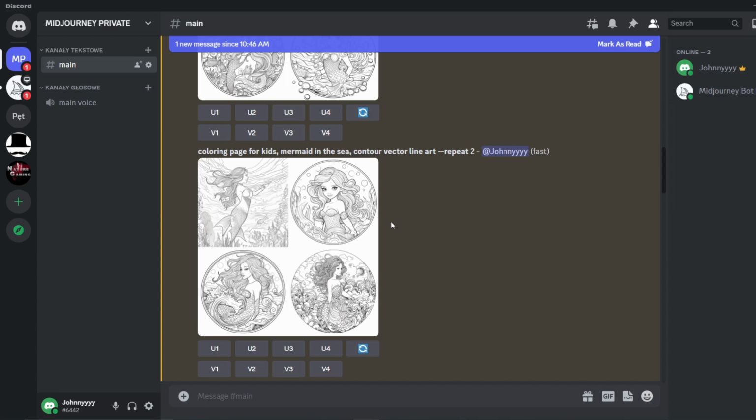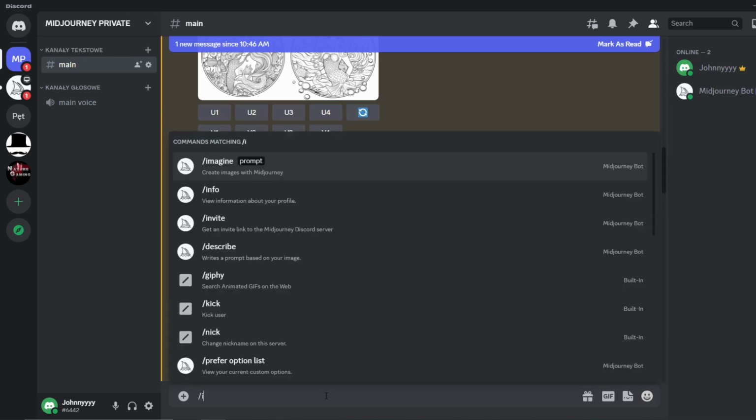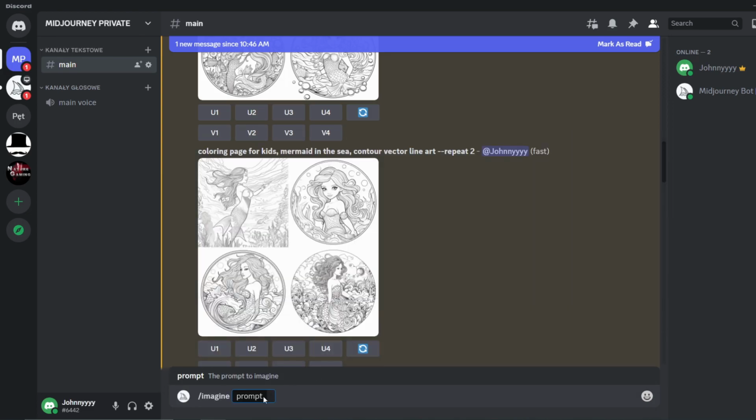We're gonna be writing some prompts to tell MIDJOURNEY what we want to create. You can do that by just typing here in the message box /imagine, and then it's gonna give you the prompt box. The prompt box is where you describe to the AI what exactly you want to create. So in this case, I have written a very good phrase here, so for example, you can copy this phrase if you want. Coloring page for kids, mermaid in the sea,